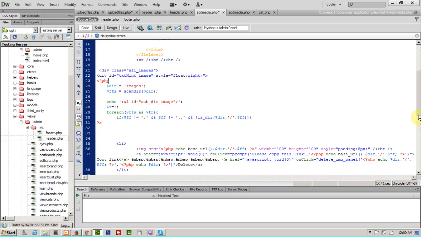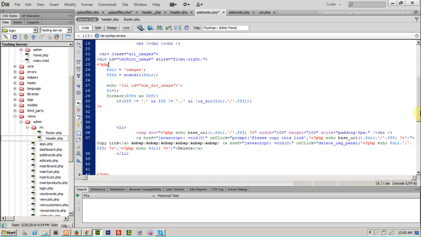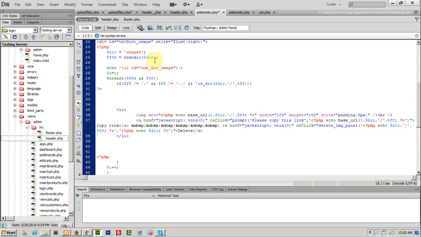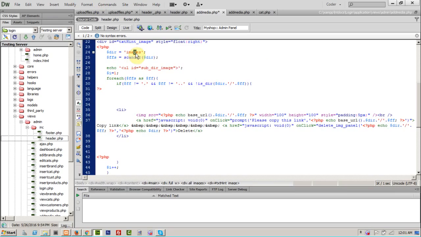Okay, it's a tree view CSS, so you do not have to worry about it. Now we have created a folder directory, which is our images, and we have used a scanDir function. It is a PHP function that will scan your directory, and if the directory is nested and there is